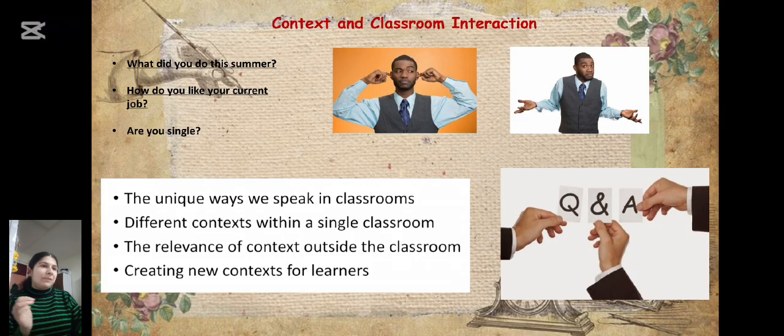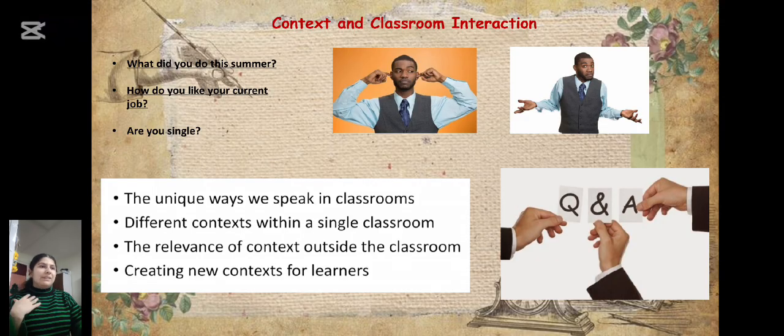For example, if you're talking with your students about your real life, their real life, then getting the question, are you single, can be okay in that situation. But if you're teaching them about the Ottoman Empire, and in one minute one of your students asks, are you single? It wouldn't be right to answer this question in that topic. So everything depends on the context.